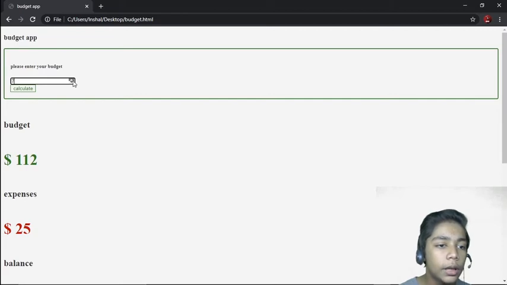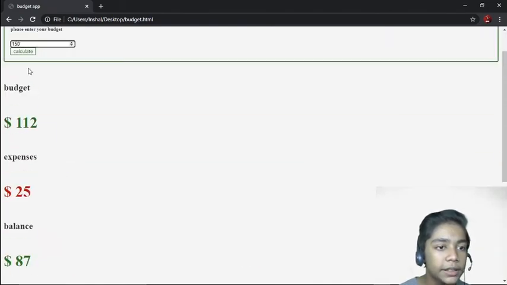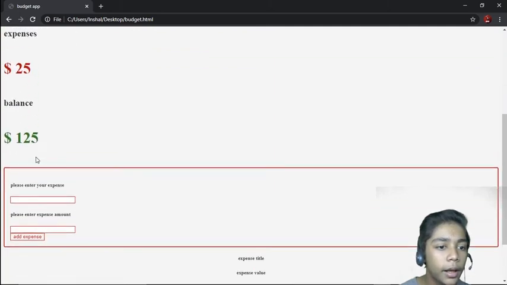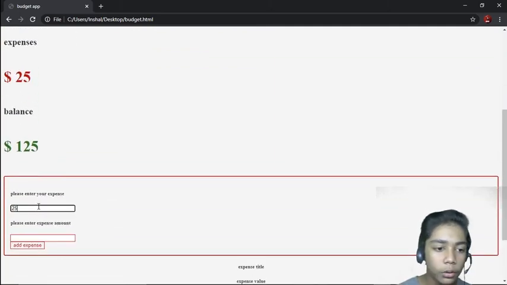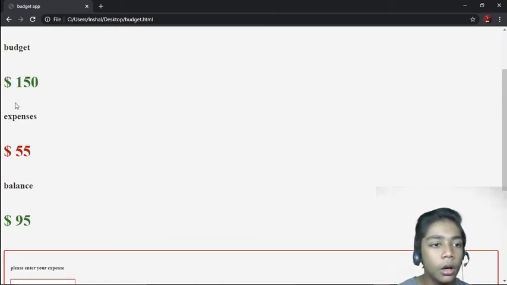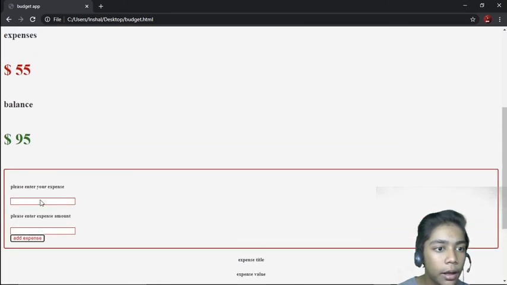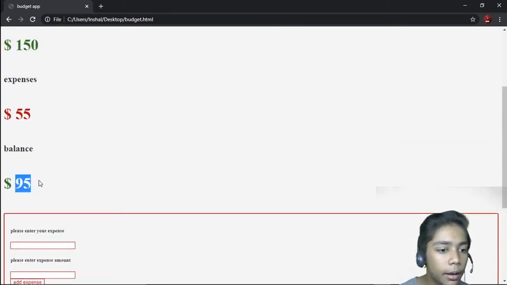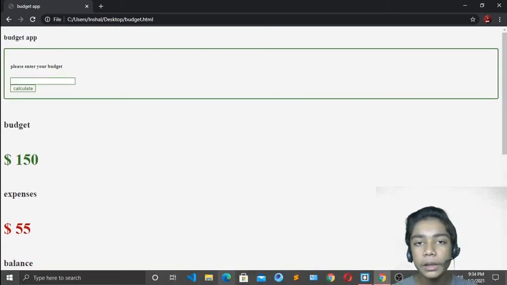If I show you again by adding all the figures over here, of all these things, okay. Here now we have taken 150. If I do that, okay, now it is enough, press calculate. Now it has been calculated, and now here you have to come and change the value to 25, and here you have to write 30 and add expense. Over here you can see now we have the budget of 150 and we have an expense of 55 with that, okay. And over here I have the balance of 95. Okay, so like that you can make your own budget app in JavaScript.